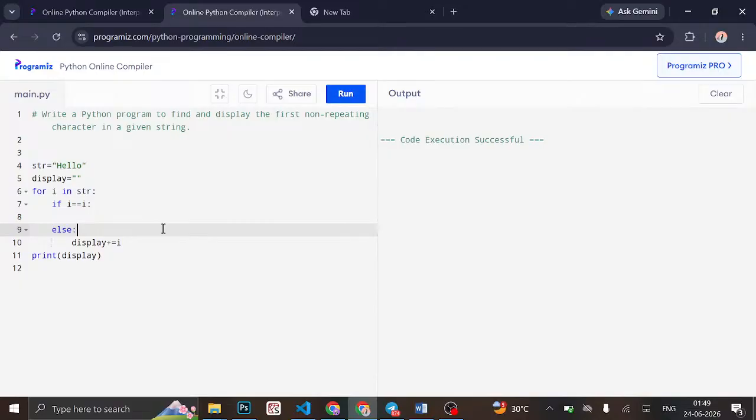राइट अ पाइथन प्रोग्राम टू फाइंड एंड डिस्प्ले फर्स्ट नॉन रिपीटिंग कैरेक्टर। सबसे पहले तो ये काउंट करो कि कितने कैरेक्टर हमारे इसमें रिपीट हो रहे हैं। ठीक है, सबसे पहला आपका केस है कि आप आई डॉट काउंट करो। सो दिस इज नॉट द करेक्ट वे टू राइट दिस।